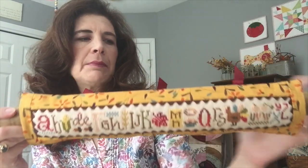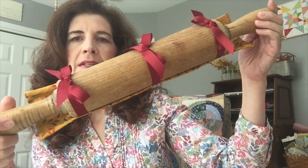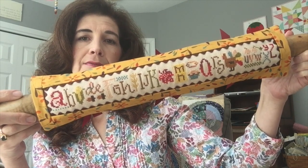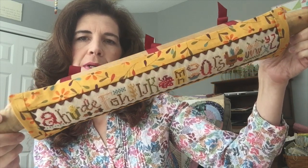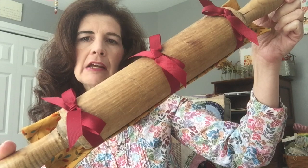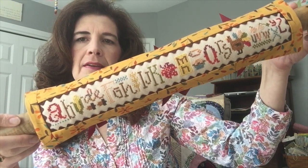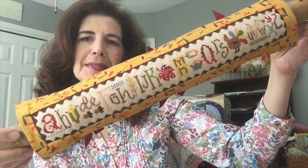But this is an old rolling pin. It's a kind of a big, fat rolling pin, fat handles, but really fun stitch and fun finish. I loved putting the rickrack around that and kind of framing it, and then using this fall fabric, and then decided to tie it on so I could take it off and maybe use the rolling pin for another project. If I do another string project by Lizzie Kate or something that would fit on it, I think that would be fun. But this was really exciting to